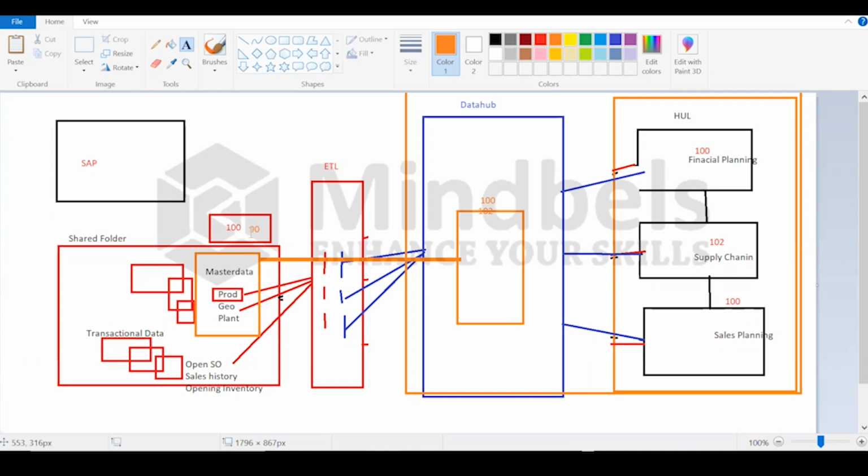So here is 90 products. Here also should be 90 products. It should not be 100 products. When will you get this mistake happening? Once the same 100 products are getting moved to financial planning, supply chain, and sales planning,